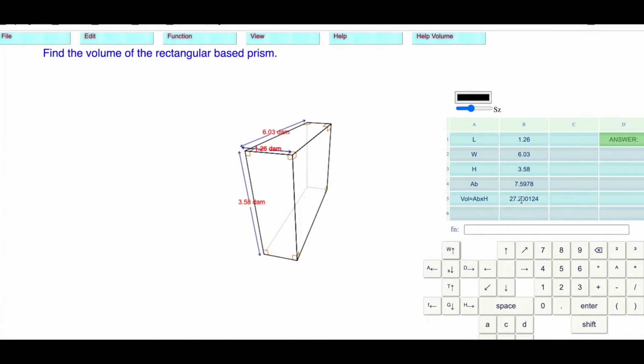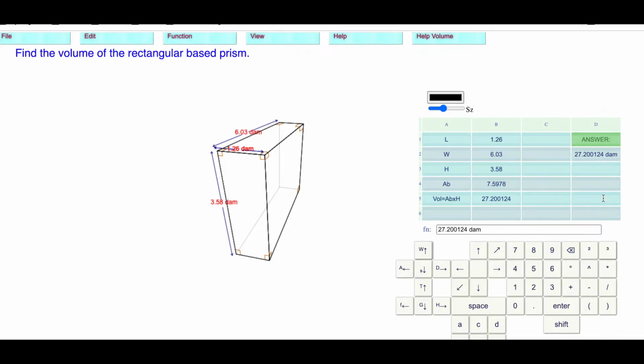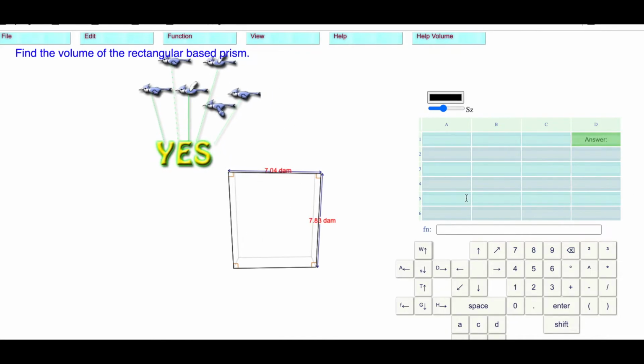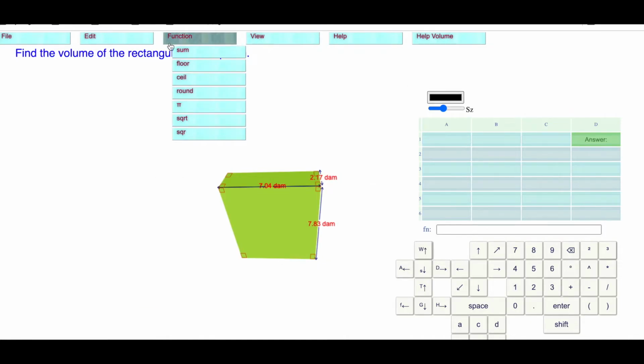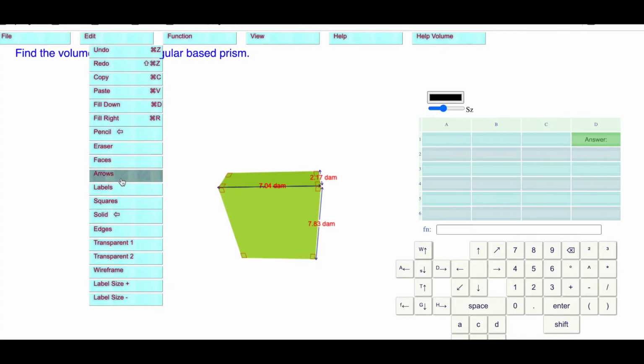It's 27.200124 decameters cubed, because remember, its volume is units cubed. Paste that in, space decameters, DAM, and then hit the cube button like that, and then press enter to check to see if you're right. Yay. Here's another one, solid, and maybe this time I'm going to change the faces to a nice color,